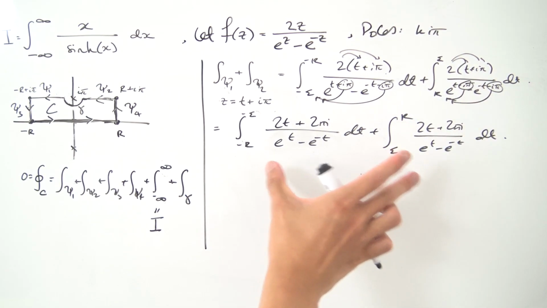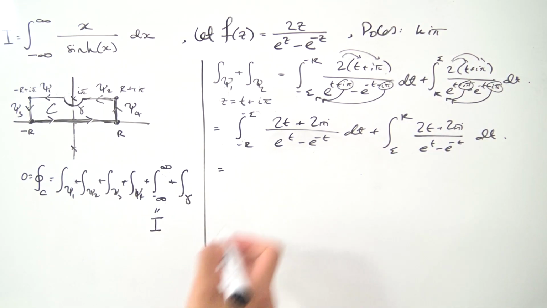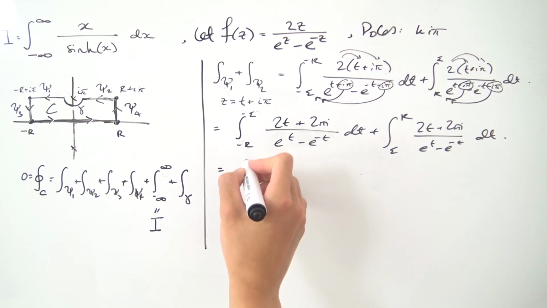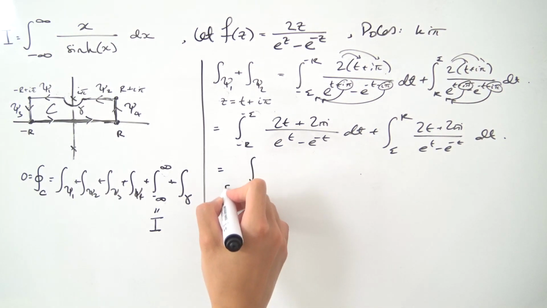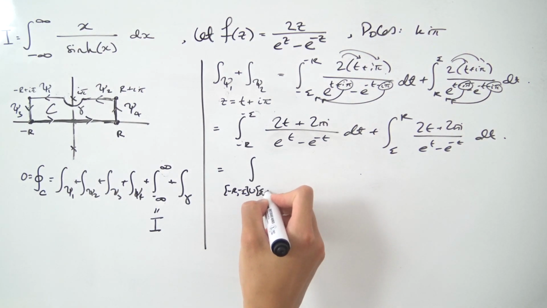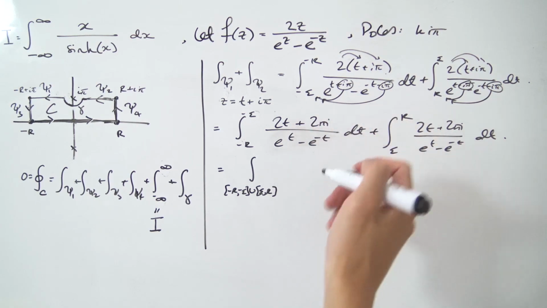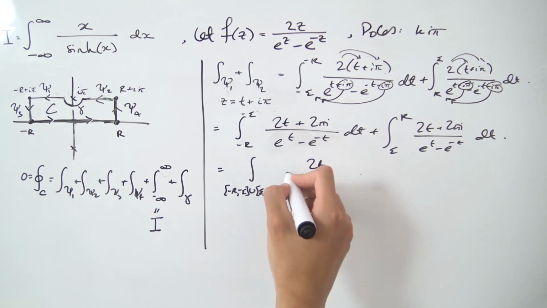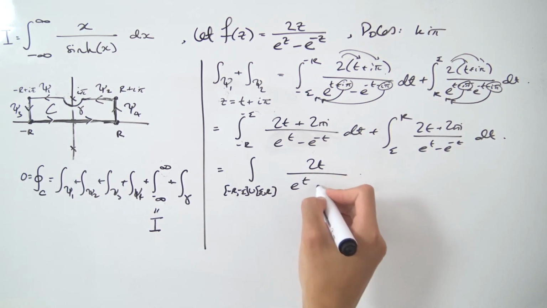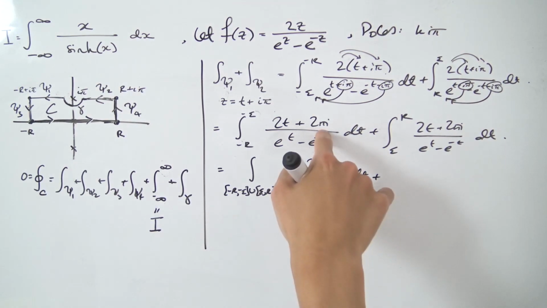Okay, so now notice these integrands are the same, so we can combine these intervals of integration together, and what we're going to get is the integral running from minus r to minus epsilon, union epsilon to r. I'm also going to split up the fractions as well, and we're going to get 2t divided by e to the t minus e to the minus t dt, and then we also have plus 2 pi